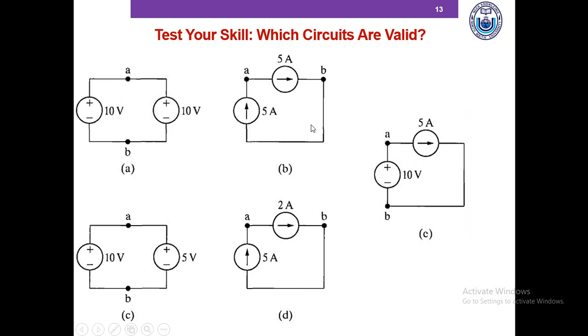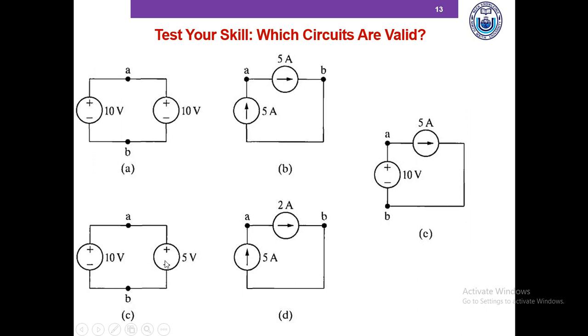Similarly, the circuit in figure B also does not violate KCL, because at node A you have 5 ampere current coming and 5 ampere current leaving. Okay, the circuit in figure C actually violates KVL, because,